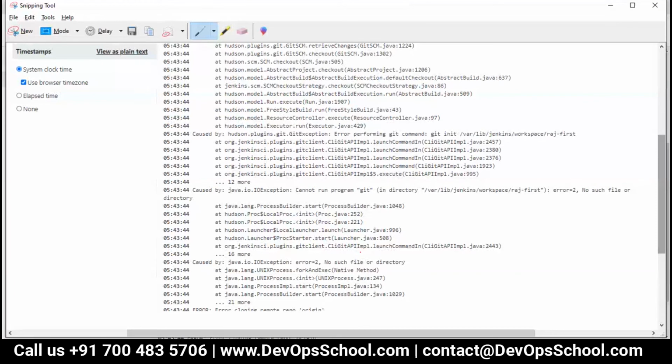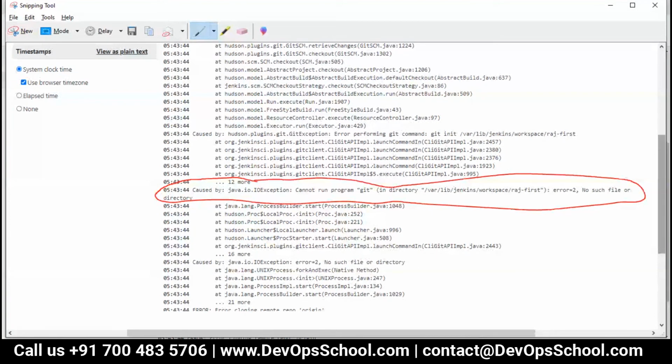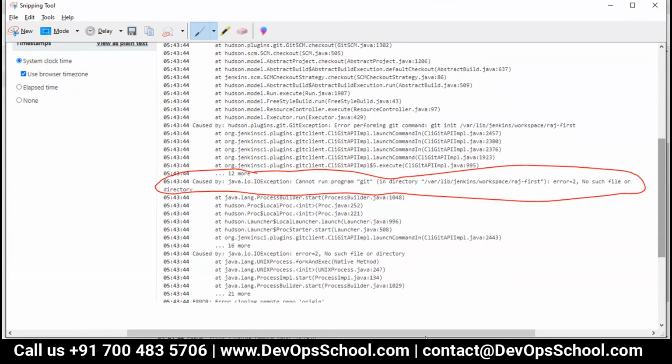Incorrect. Git is not installed on that machine. Yeah, think about it. Jenkins will check out the code only and only if Git is installed. Correct? Understanding or not?